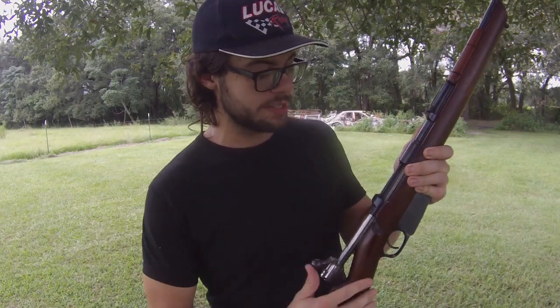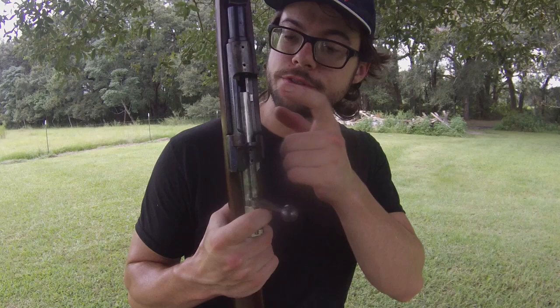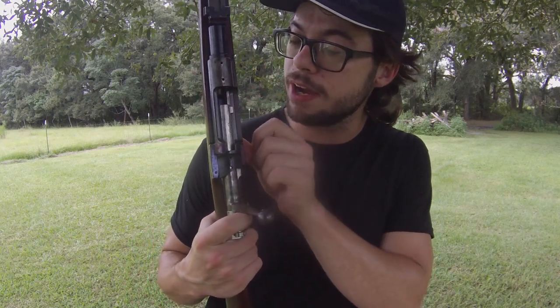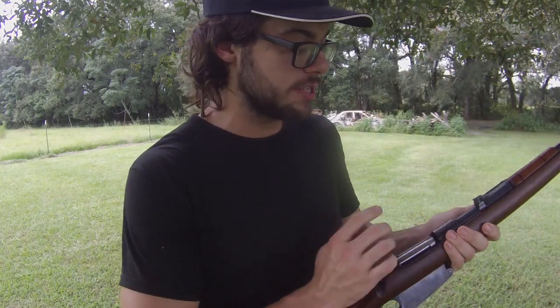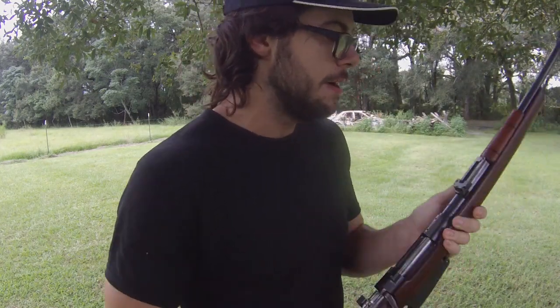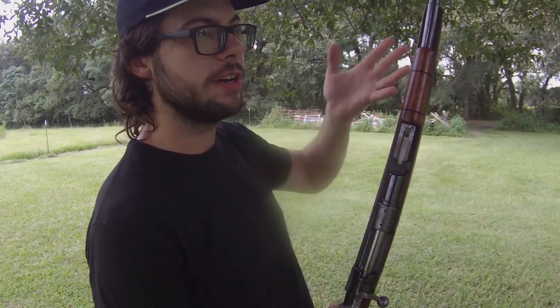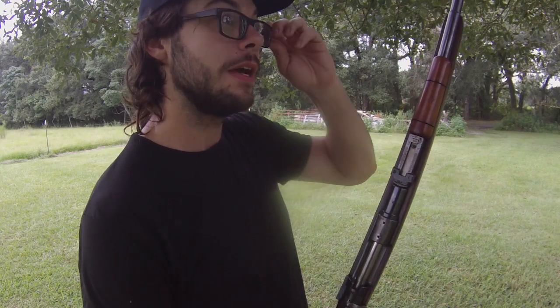The bolt itself, our extractor, has a different profile than the original Argentine Mausers, so that is updated, and the locking lug is a little recessed back from the bolt face, so that is updated. The rear sights on this thing have the updated pattern of sight, which is...